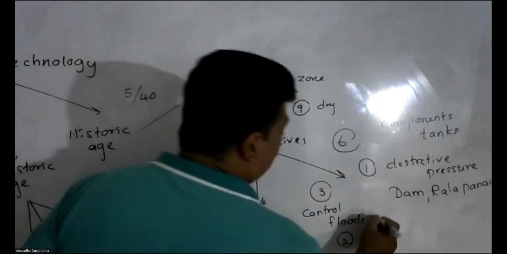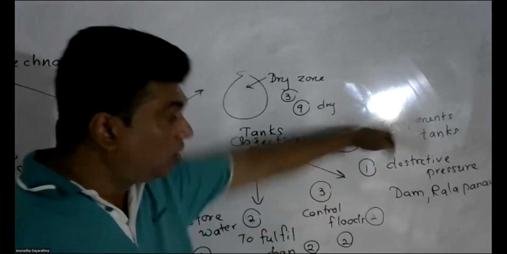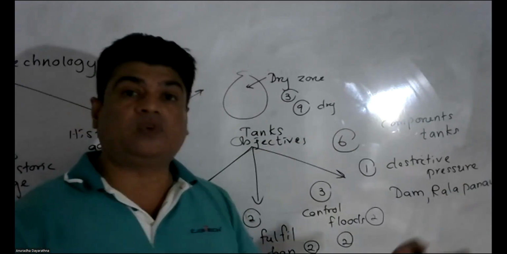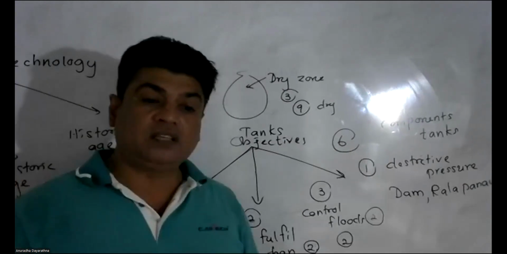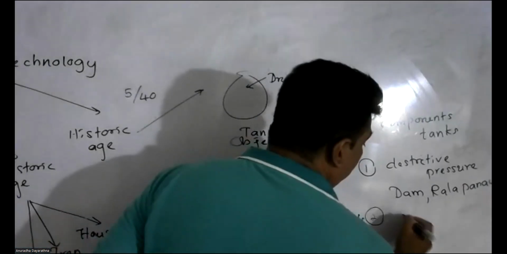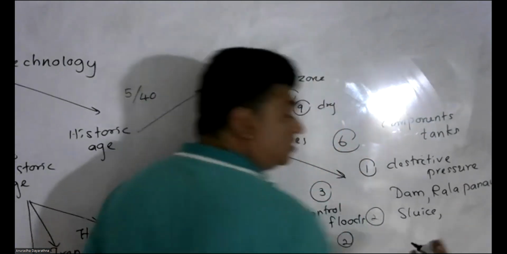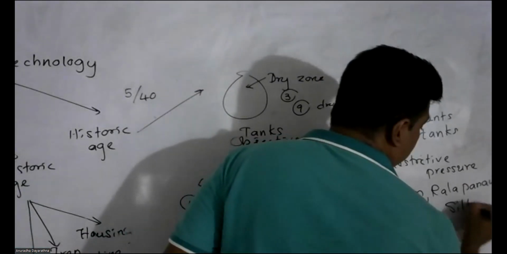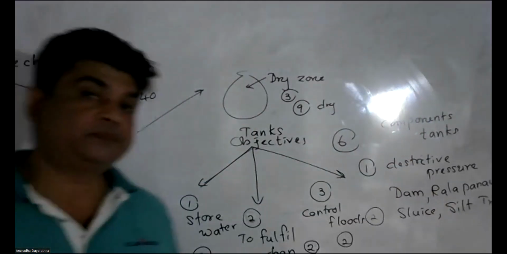Now, when we take the second challenge, what is the second challenge that the engineers faced? How to control the destructive pressure and release water, distribute water. So the first was to keep that water for a long time. The other one is how to distribute water. For that, they constructed the sluice. The sluice gate, in Sinhala we call it bisokotuwa, and the silt trap. The silt trap is the bisokotuwa and the sluice is the sorowwa.